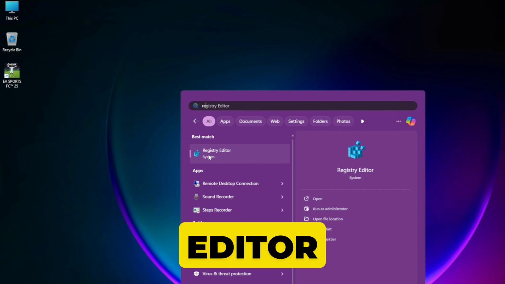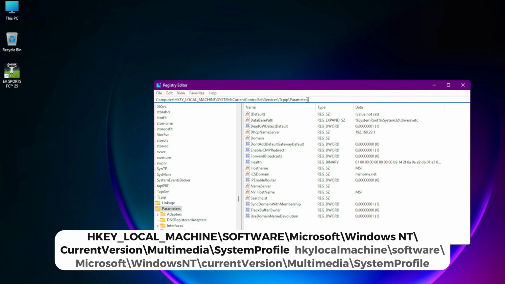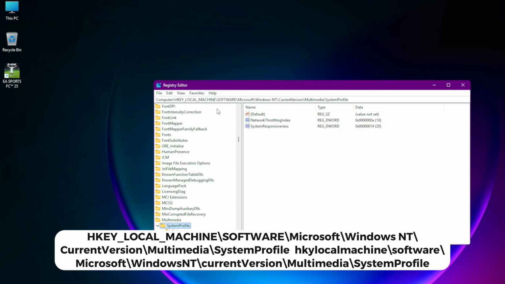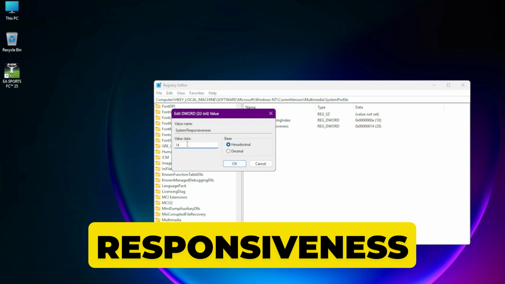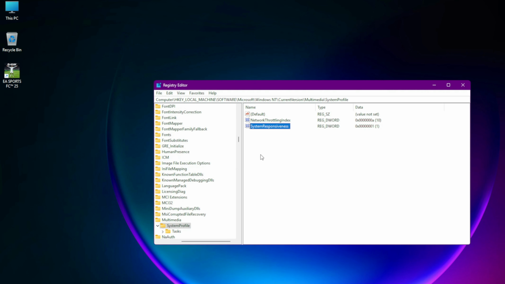Open the registry editor, type regedit and start. Navigate to HKEY_LOCAL_MACHINE/SOFTWARE/Microsoft/Windows NT/CurrentVersion/Multimedia/SystemProfile. Find SystemResponsiveness, set its value to 1. Then go deeper to